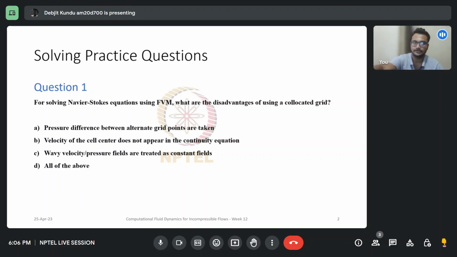Let's have a look at the solution. The solution is option D, all of the above. That's because A, B, and C, all of them are disadvantages of using a collocated grid. So what happens is in collocated grid we have